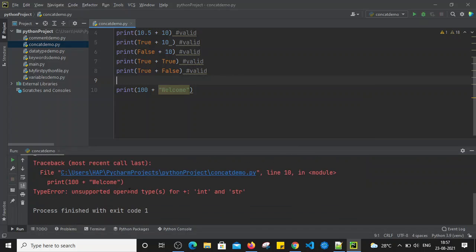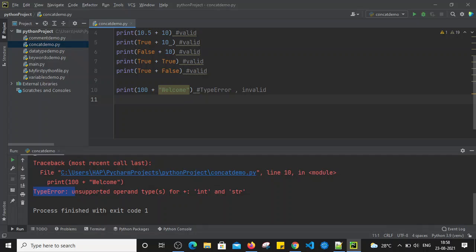Right, so when we run the file, you can simply see the error, right? So what error is it saying? It is giving a type error. It is saying unsupported operand types for integer and string. So here we are trying to concatenate an integer with a string, and both are different data types. That's why it is throwing the type error. So in Python we can only combine similar data types and not different data types. If we try to combine two different data types, then that will throw a type error, and this is an invalid statement.